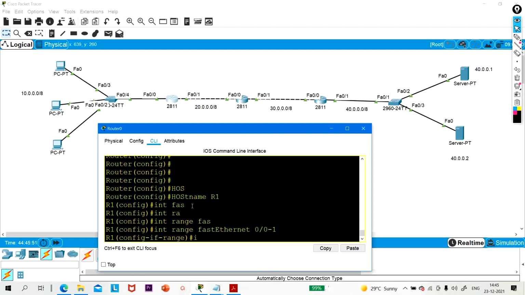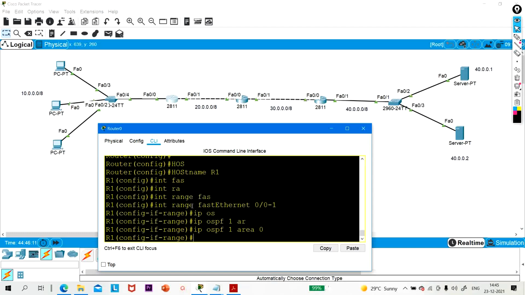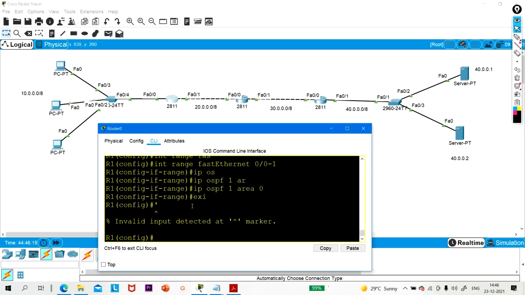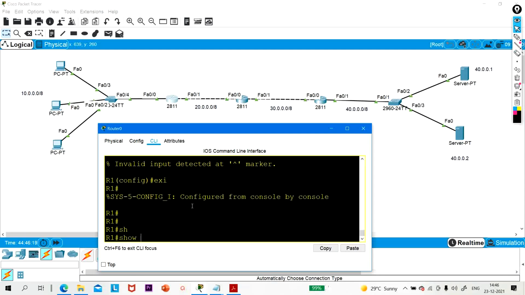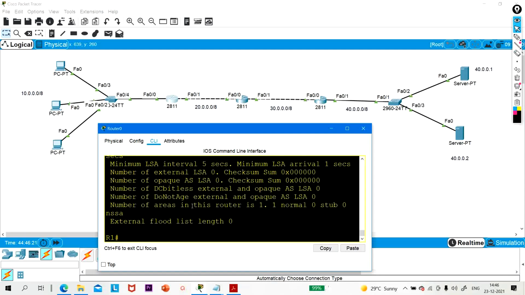So ip ospf, process ID and area will be 0. I will configure R1, R2, and R3, these three routers, in area 0, because I am configuring OSPF just for connectivity. So OSPF is now enabled on R1.